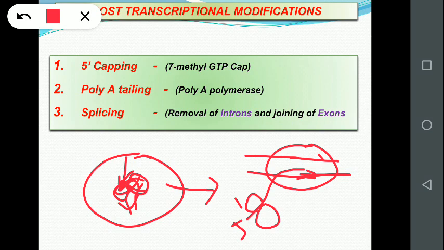So before the completion of, just during the transcription process, as the mRNA gradually comes out from the RNA polymerase, at the same time the protein synthesizing machinery binds to the mRNA and starts synthesizing proteins. So transcription and translation both take place almost at the same time. That is why these two processes are coupled with each other in prokaryotes, but this is not the case